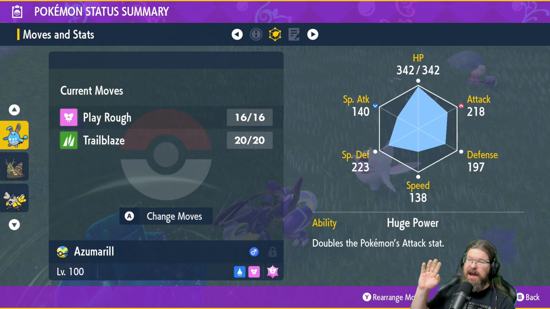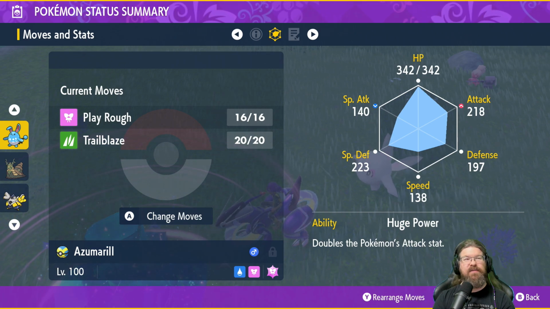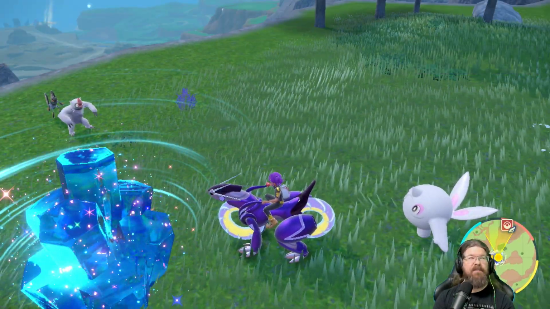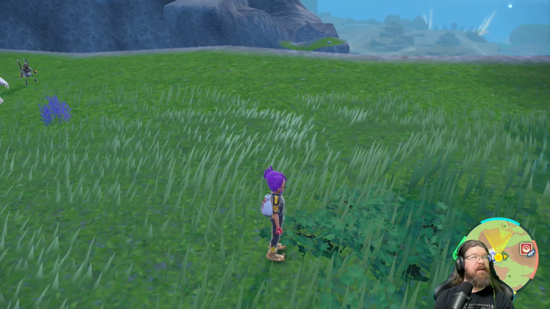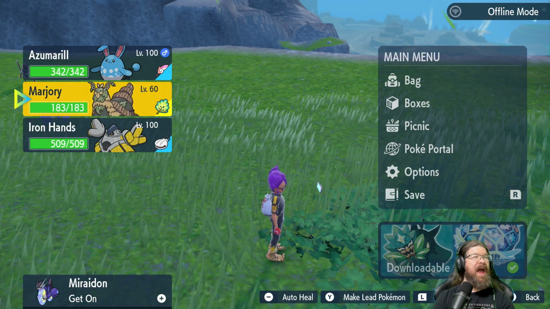And clearly, I already have my Azumarill, he's already been bred. How do I acquire those egg moves if they weren't bred in? Here's how. Check this out. So, I'm going to go ahead and get off, ride on a walk over here, and if you'll notice in my party, I actually have